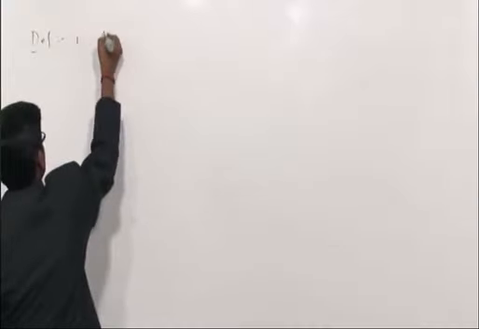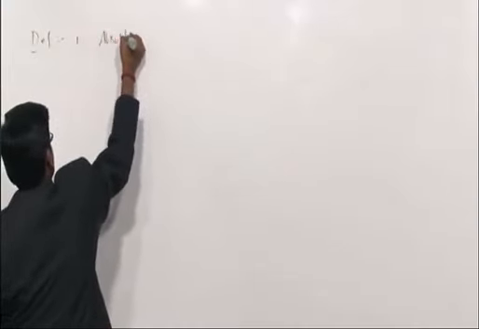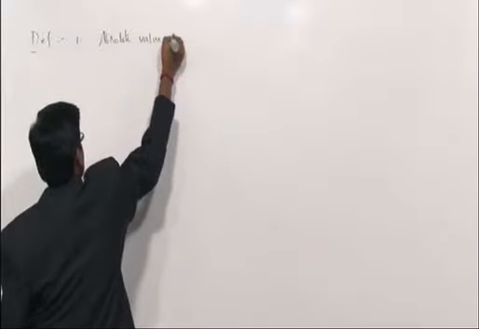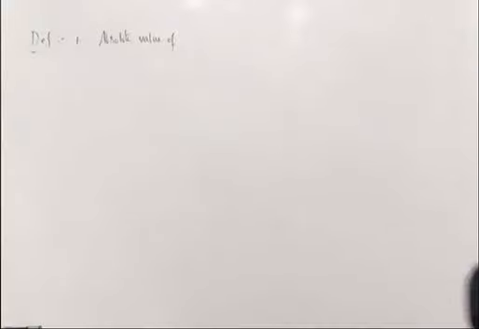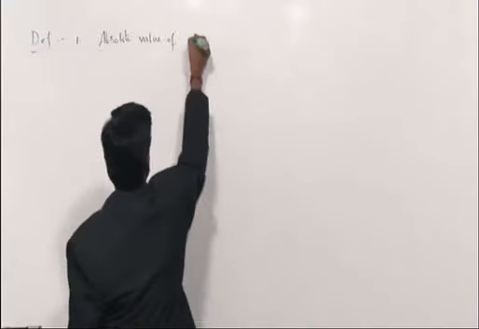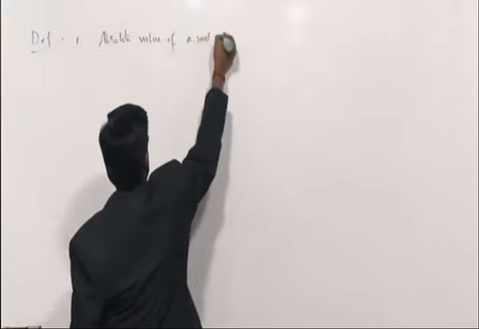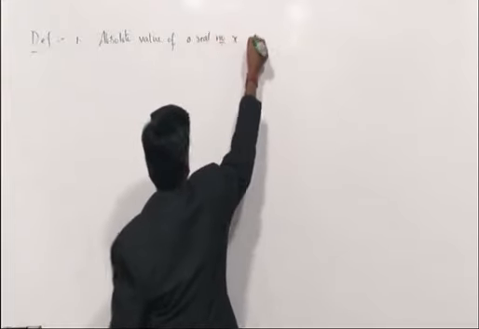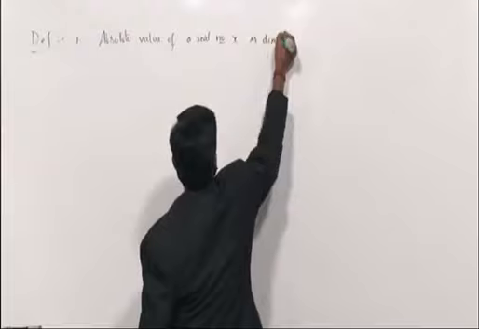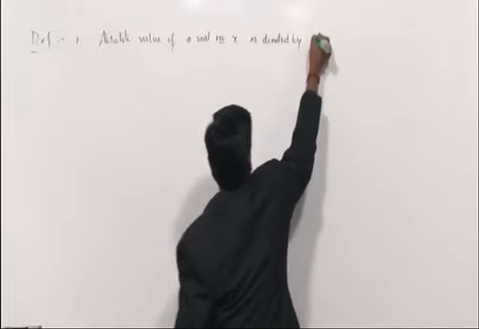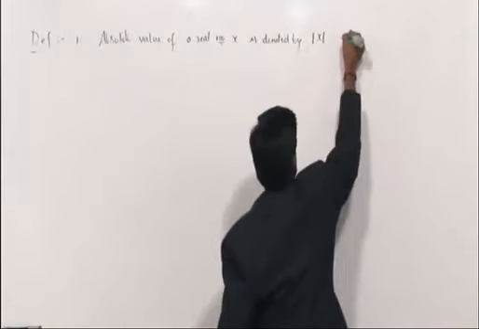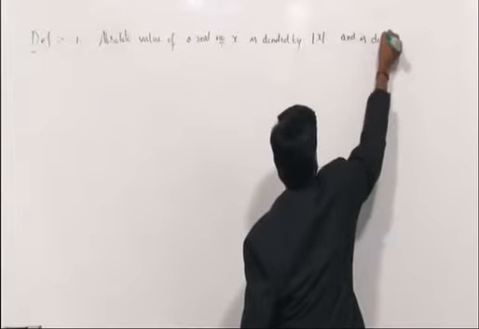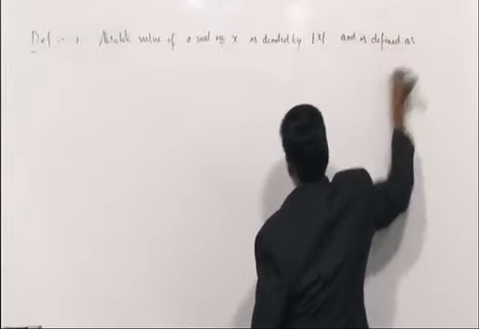One, the absolute value of a real number x is denoted by mod x, read as mod x, that is the absolute value of x, and is defined as